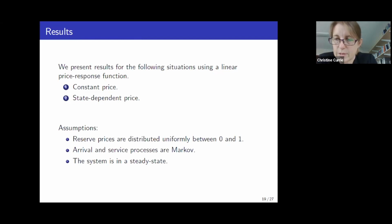That's the modeling that we've done so far. I'm going to present a few results now, which I've picked. I've not got many results because I'm not really wanting to show you lots of numbers. The results I'm aiming to show you are general ideas and things that we've found when analysing this problem. So we'll look at some for constant price and some for state dependent price and see how they vary with how busy the system is, for example,